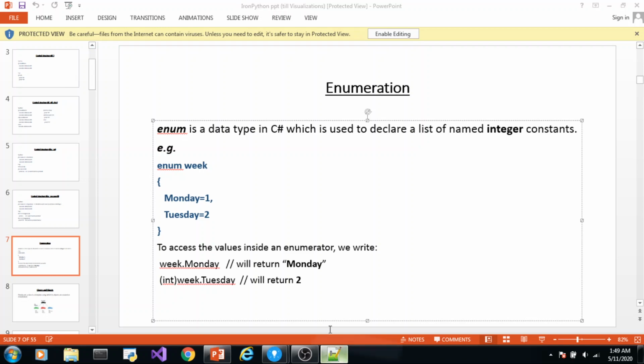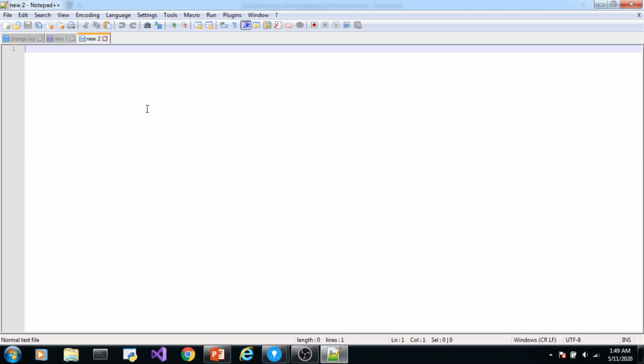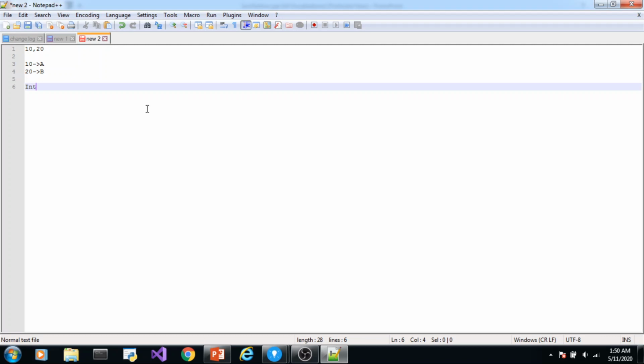For example, you have two integer values, 10 and 20. You want to name each of these integers, so you can name 10 as A, 20 as B, and then you want to group them further, so you can group them as integer group.